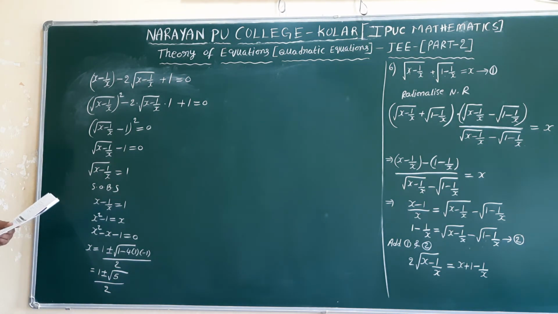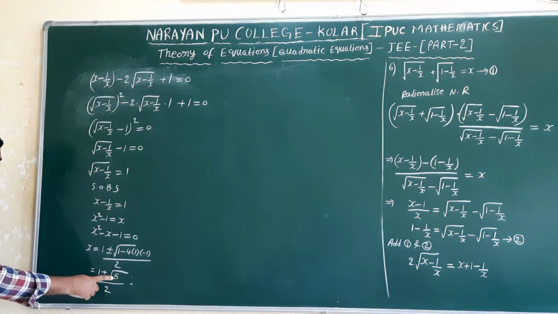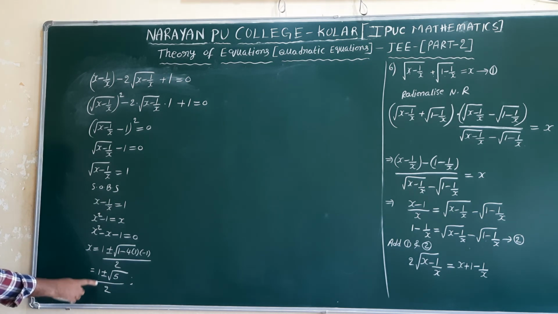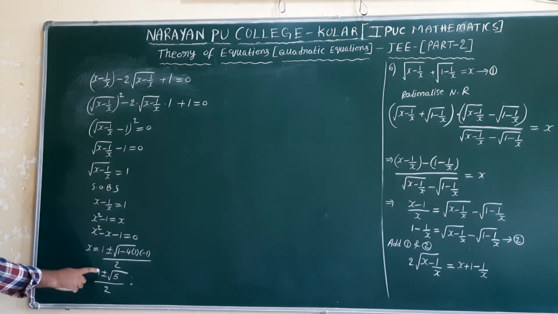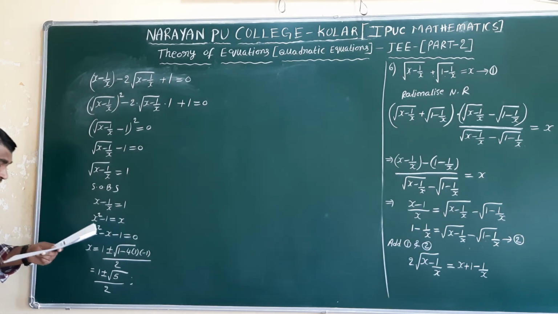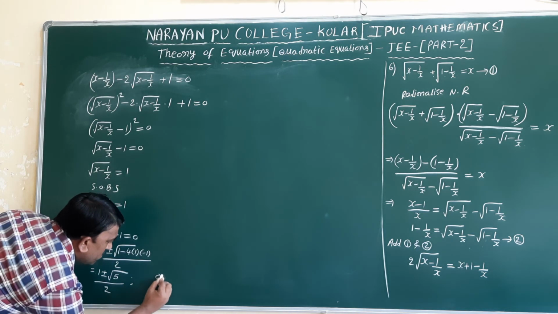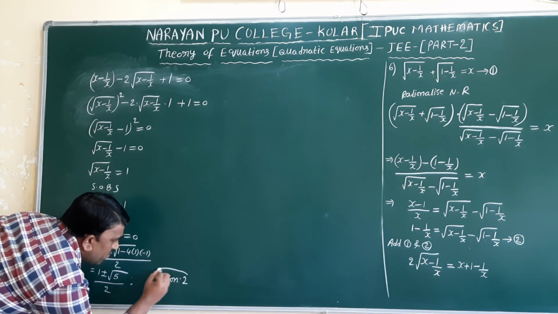He is asking the number of real solutions. While taking the plus we get a positive number only. If we take minus also, it will be a real solution only. So totally 2 solutions we can get. That is option B, which is the correct one. Means 2, option B.